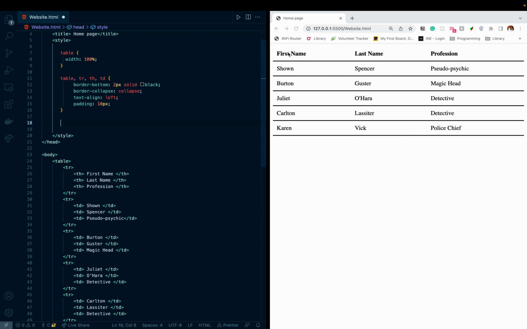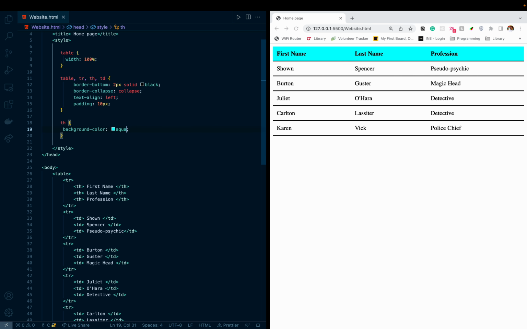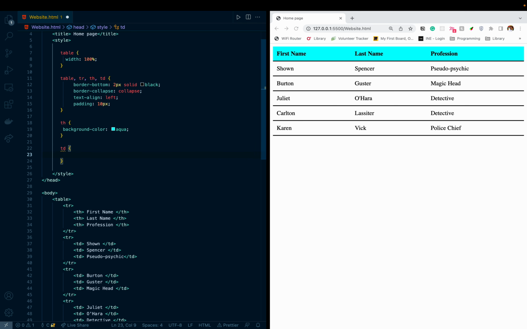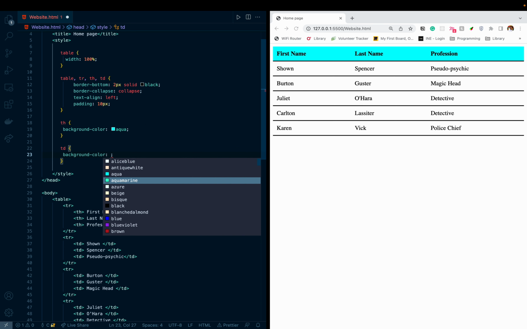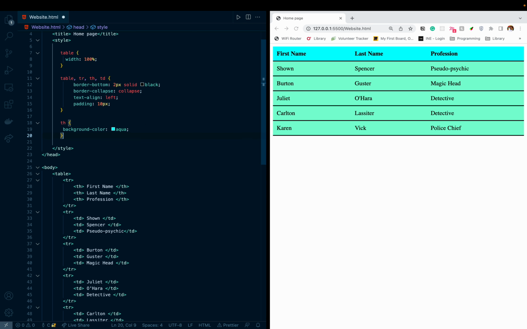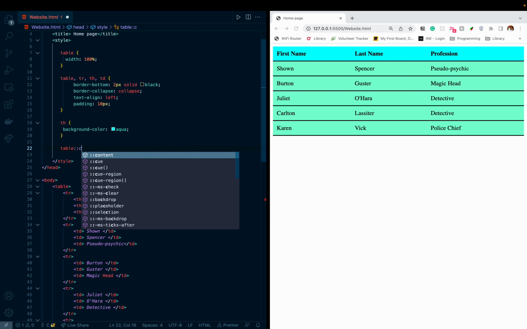I wanna color only the headers. So let's do th. And I'm going to give a background color of this one. Okay? I don't know about you guys, but that looks great. Now, what if I only do td and I give a background color of this one? So now we could do different colors. But I have another idea here. What if we do table, child,